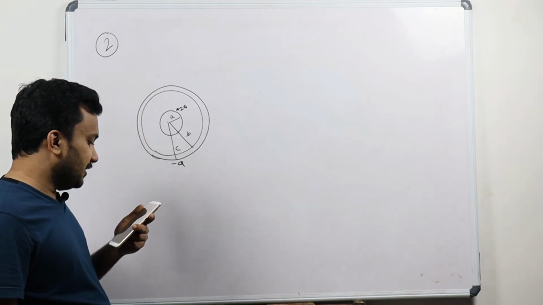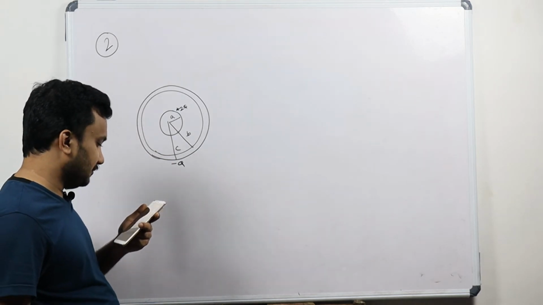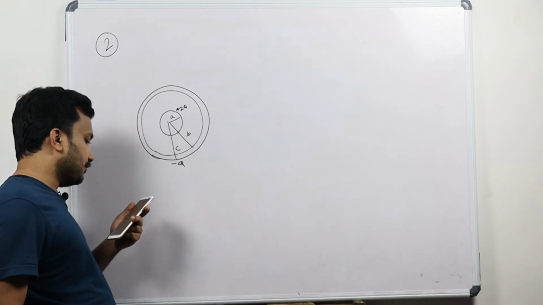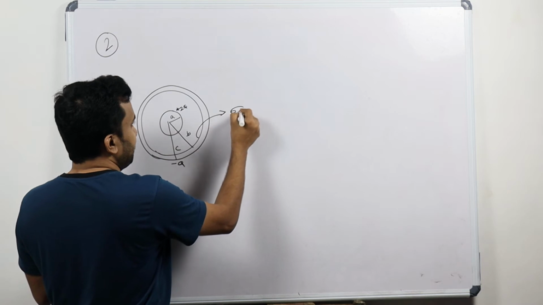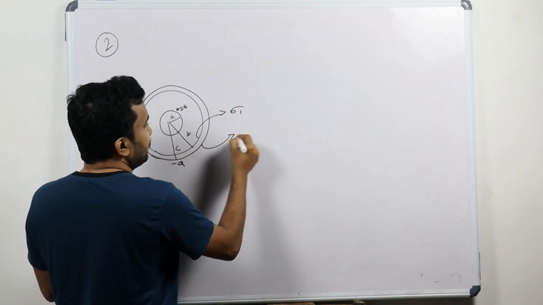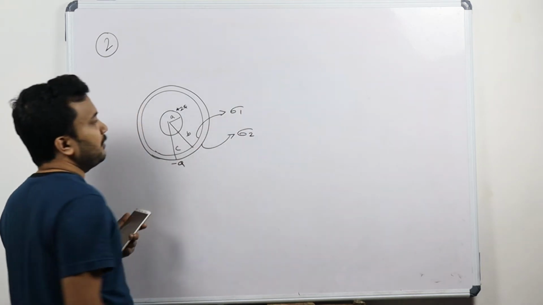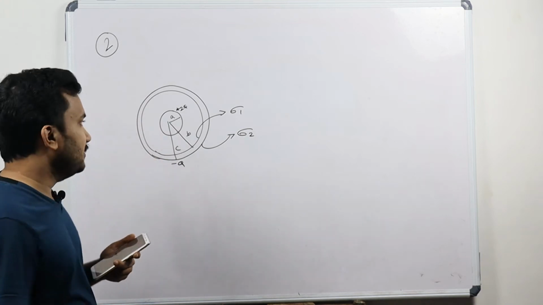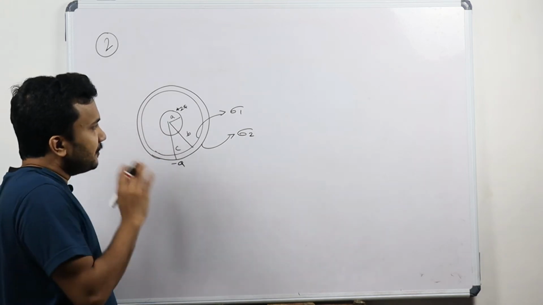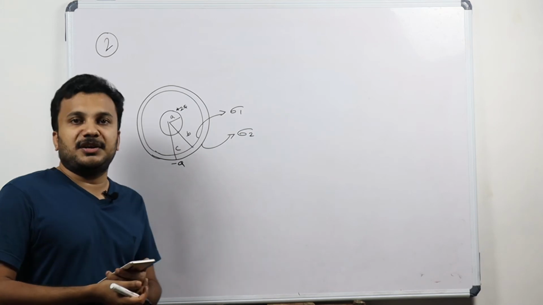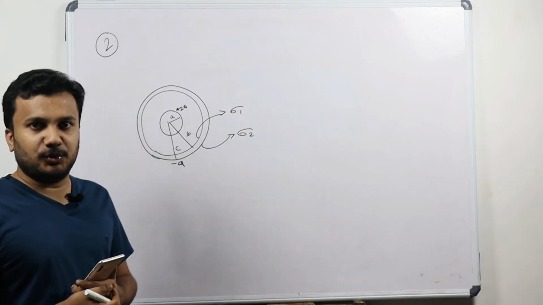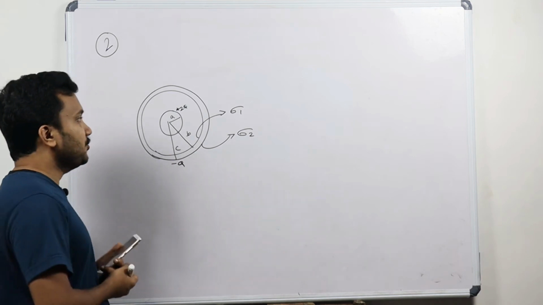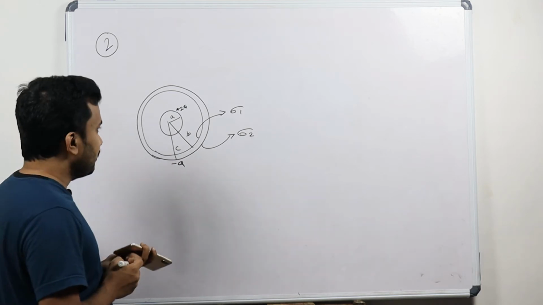The question asks for the surface charge density of the inner and outer surface of the spherical shell. So we need to find the surface charge density here, I am calling it sigma 1, and here, called sigma 2, inner and outer surface of the shell. This was the question. The basic formula for surface charge density is what? Surface charge density means charge per area. Many times I told you this while taking the theory itself. Charge per area. Here one important concept will be there.